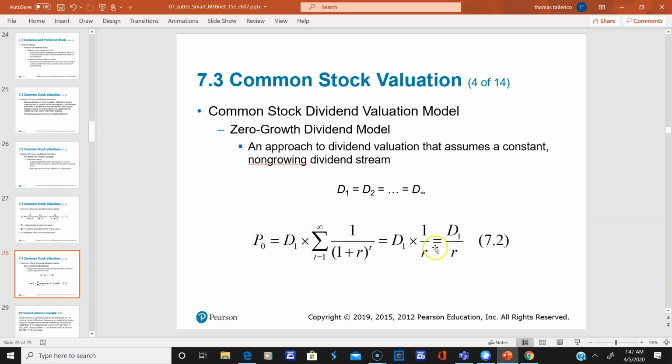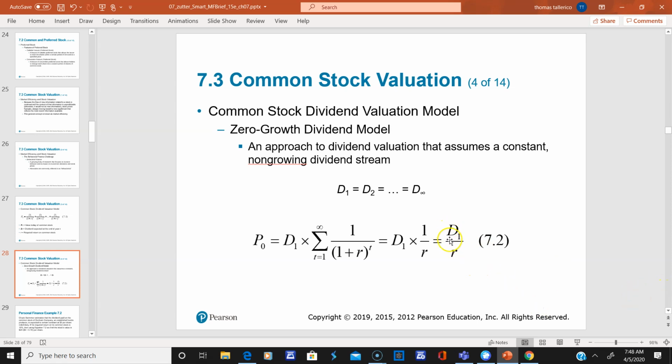So here's the zero growth model. If we get past all this, it's really, really simple. The dividends never change. They're constant, non-growing. The only thing we have to reflect upon is this equal sign right here. Here's the equation. The dividends don't change, so you take the dividend, divide it by your required return, and you get the price. This is a piece of cake, and nothing one has to be overly concerned about with the mathematics. Basic equation.